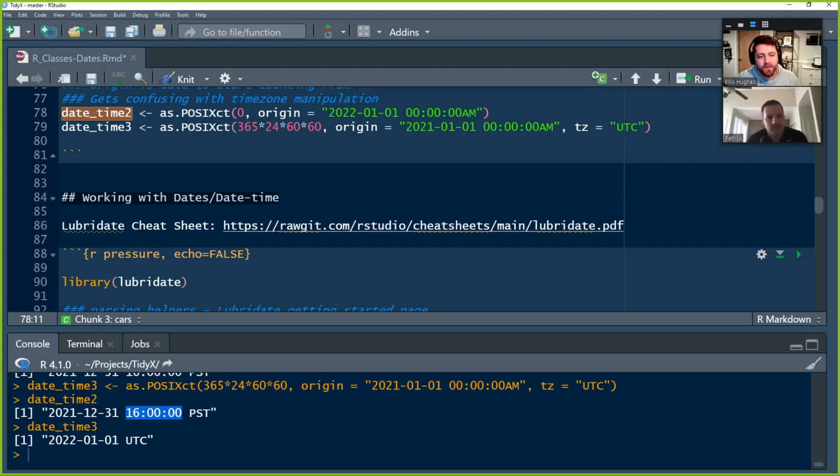So of course the folks at RStudio, Mr. Hadley Wickham, is trying to make our lives easier and has created a package called lubridate for us to handle date and date time type classes. So he's provided this wonderful package. There's a cheat sheet